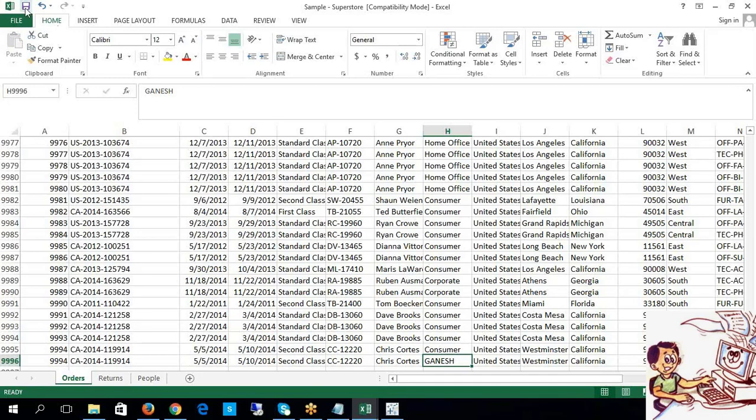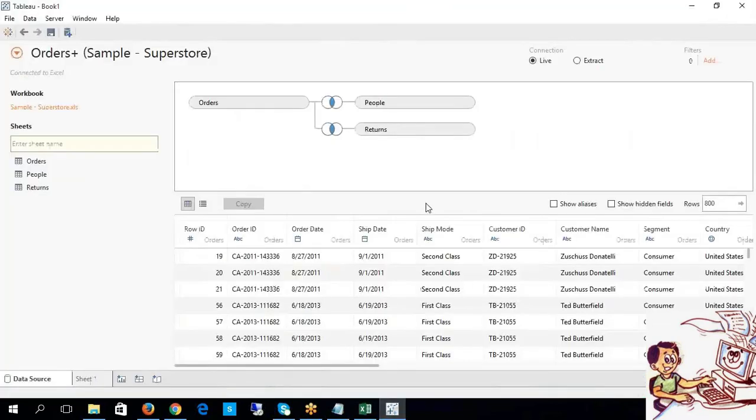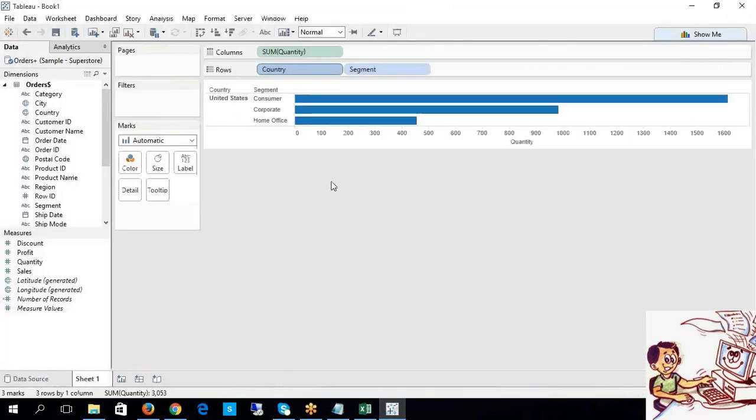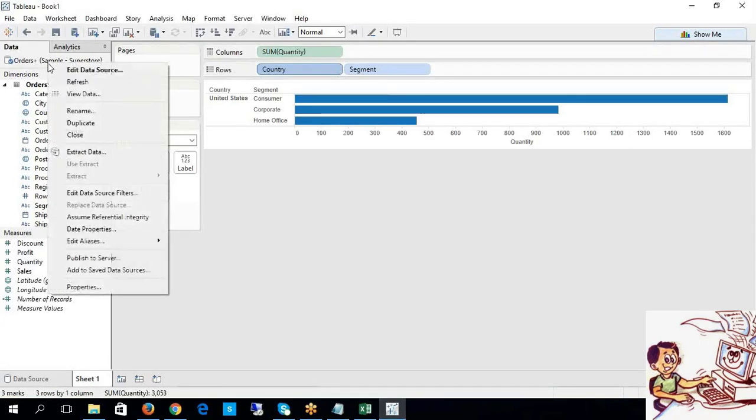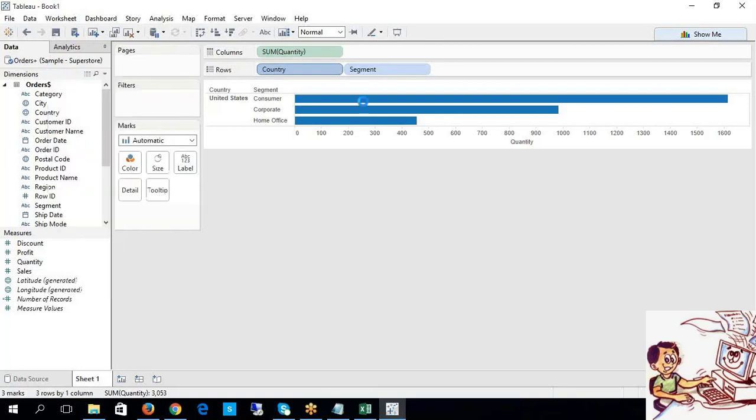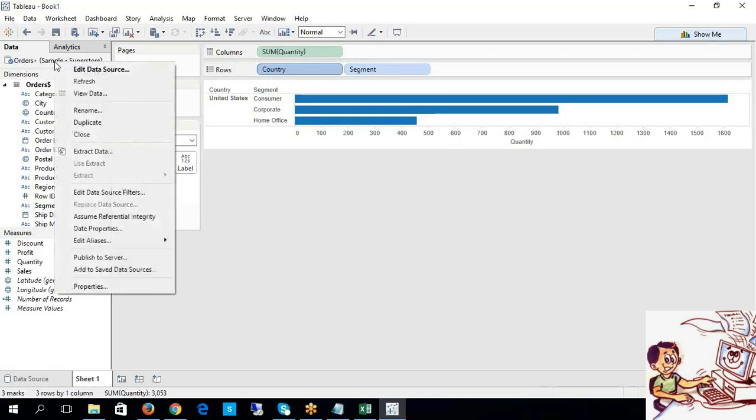Now how are these changes going to reflect in your respective sheet, because you're already using something here that you have added? The data level changes occurring at my source level, how will they impact it? We are supposed to refresh our data source. Once I refresh it, the segment related details will be uploaded here. Of course, here you might not see it, because I was using that Excel. In case I use a text file or something, you can see it. Let me do it this way.